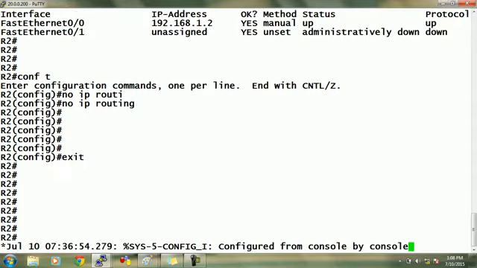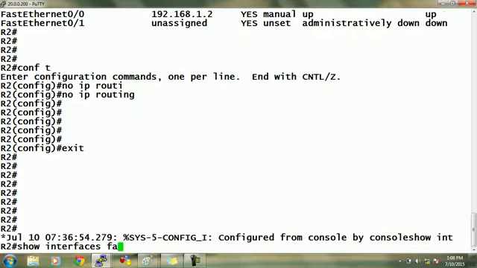तो ये जो कमांड्स मैं रन कर रहा हूं ना, घर जाके देखनी है। These commands will be helpful for you. Show interface,